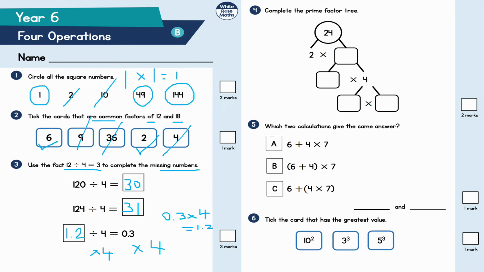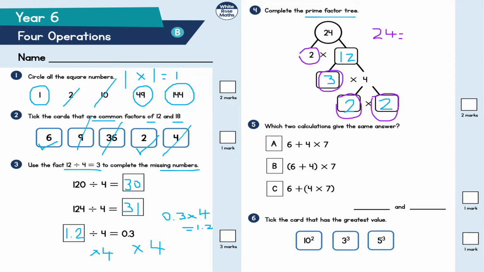Question number 4, complete the prime factor tree. So 24 decomposes to 2 times 12. 12 decomposes to 3 times 4, and 4 decomposes to 2 times 2. So, if you're interested, guys, these are all my prime factors. So these are all the prime numbers that multiply to make 24. So, if you're interested in how to write it, you'd say that 24 is equal to 2 times 2 times